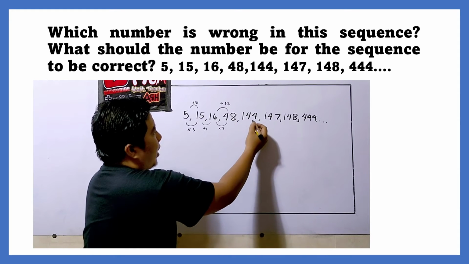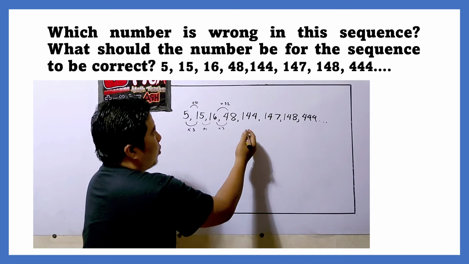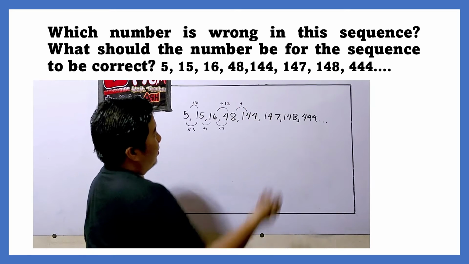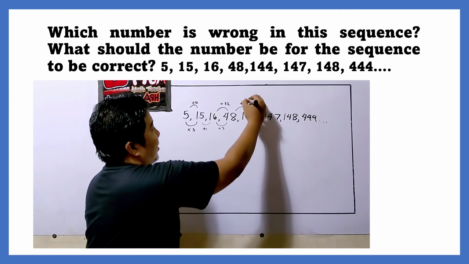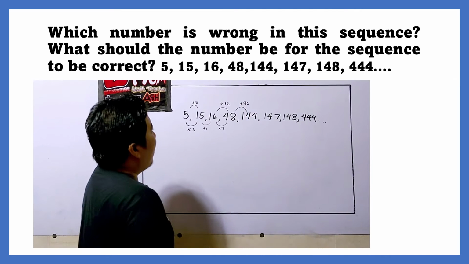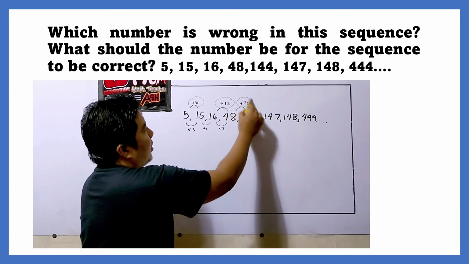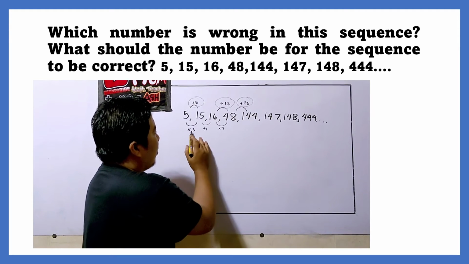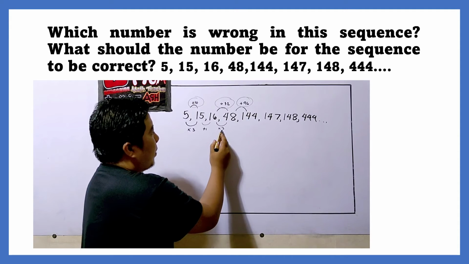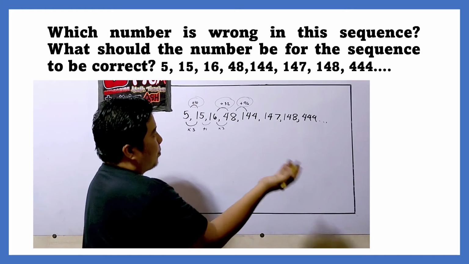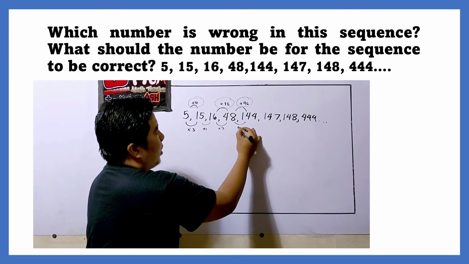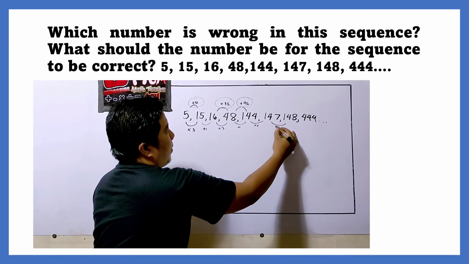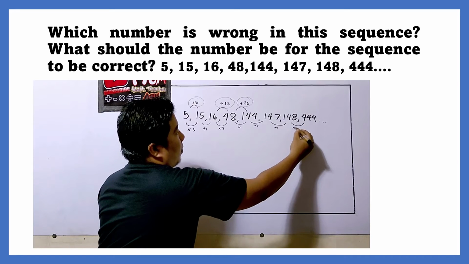48, why did it become 144? So, technically speaking, we could know that it was added by 90. Wait. It could be added by 96. Okay, 96. But for addition, there is no pattern being formed. However, if we continue, multiply by 3, plus 1, multiply by 3, and if we use, for example, trial and error, if we use plus 1 here, here it should be multiplied by 3, here it should be plus 1, here it should be multiplied by 3.